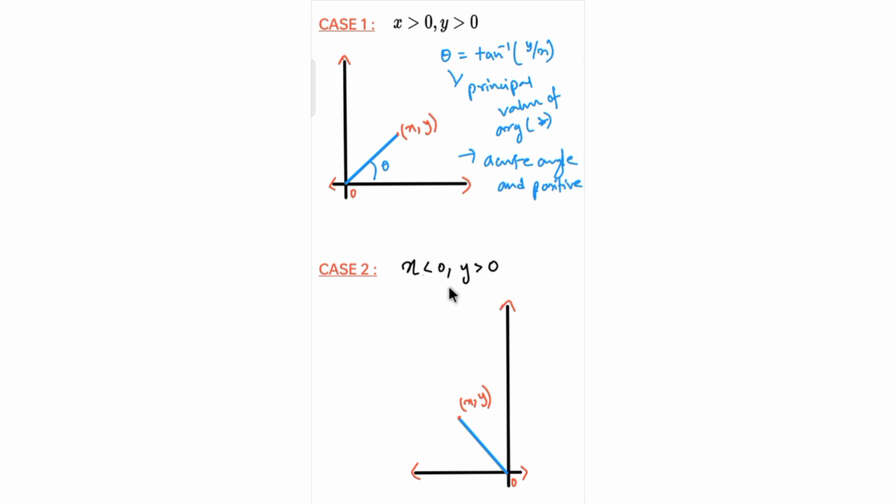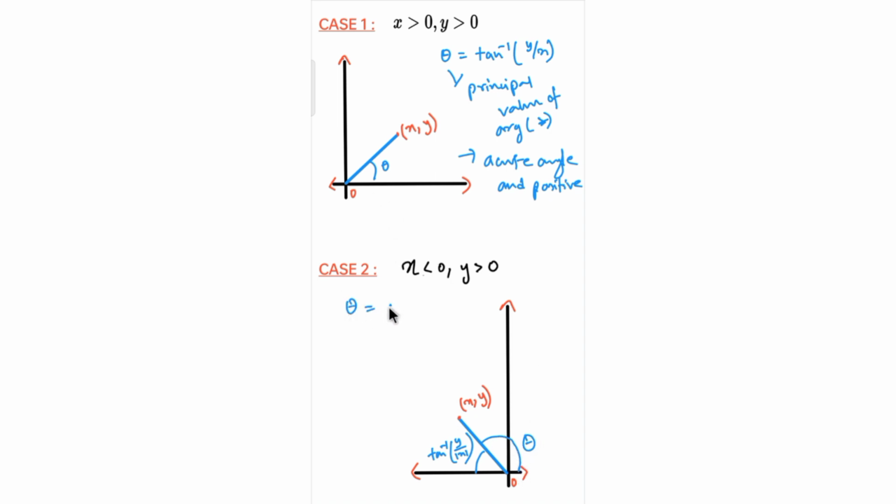And coming to case 2, if I assume this value to be tan inverse of y by mod x. Why did I keep mod x here? The reason is that in quadrant 2 we have x value less than 0, and if I keep tan inverse of y by x, we will get a negative value, which is not what we require. So we need to make sure we are making it positive, so that this is our theta, our argument that we need to calculate.